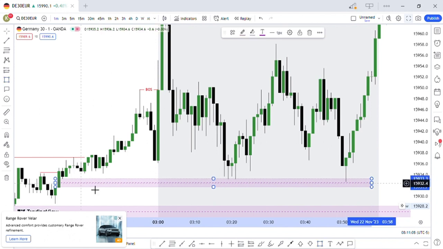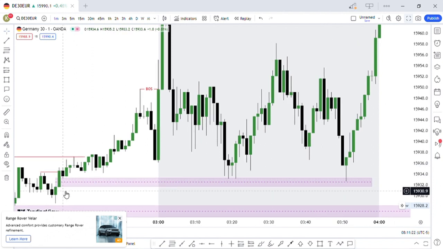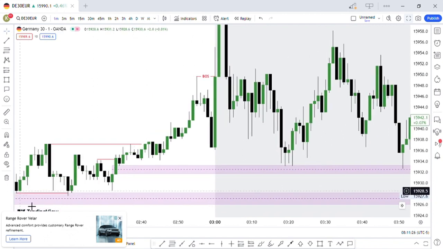which has not been filled, right? So this is the fair value gap that I would like to see the market come to, as you see this high. Why would I like the market to come here? Because this is the only fair value gap which was not filled. If this one was filled, all the fair value gaps here were filled. So the market went up and it didn't fill this one. So the market has to come and fill this fair value gap before going up again.